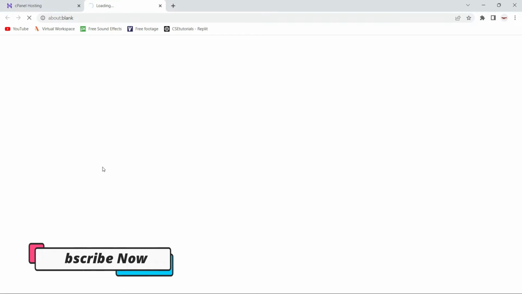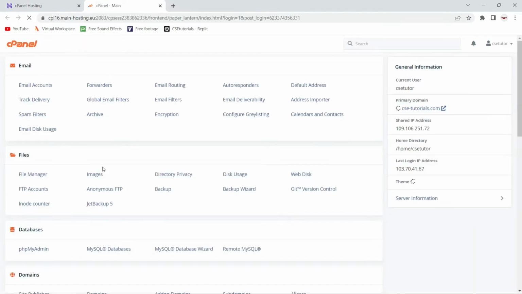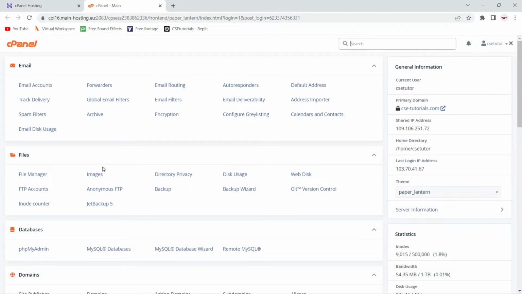I have a domain name and that is connected to this hosting service, because domain name and hosting are different, and you have to purchase your domain and you have to purchase your hosting, and after that you have to connect both. You have to connect your domain name with your hosting service. I have already done this. So you can see here I have a domain csctutorials.com, that is my domain name, and it's connected to the cPanel, and it's connected to my hosting.